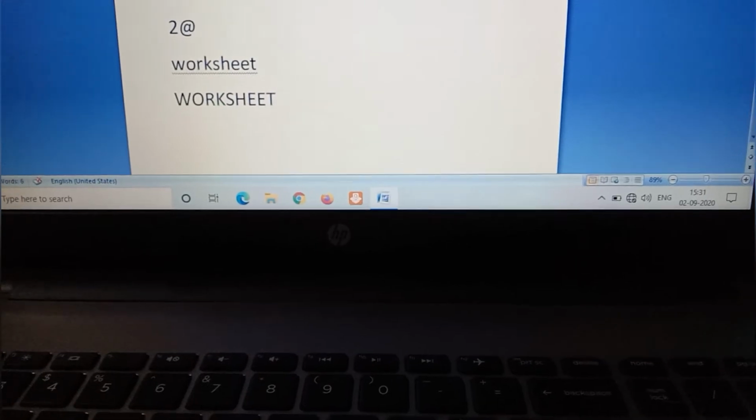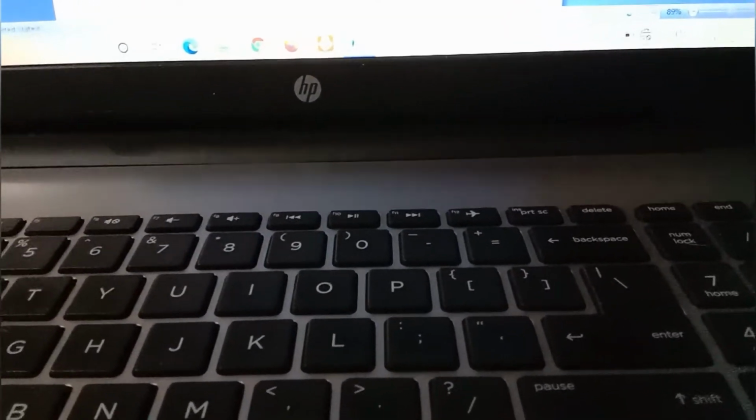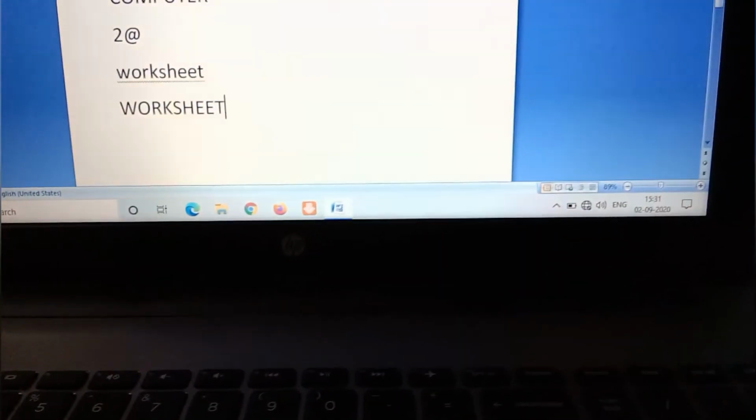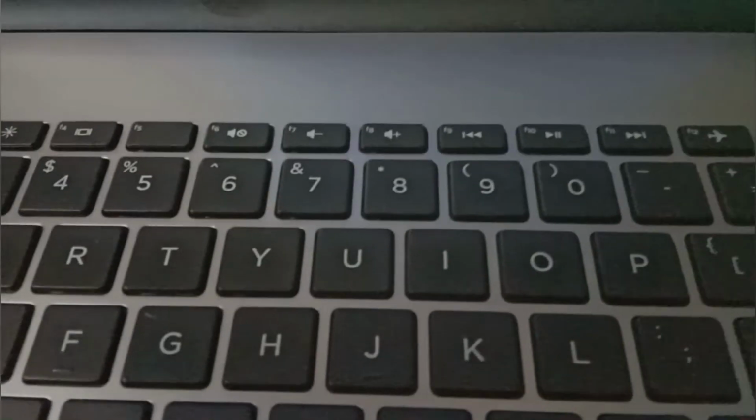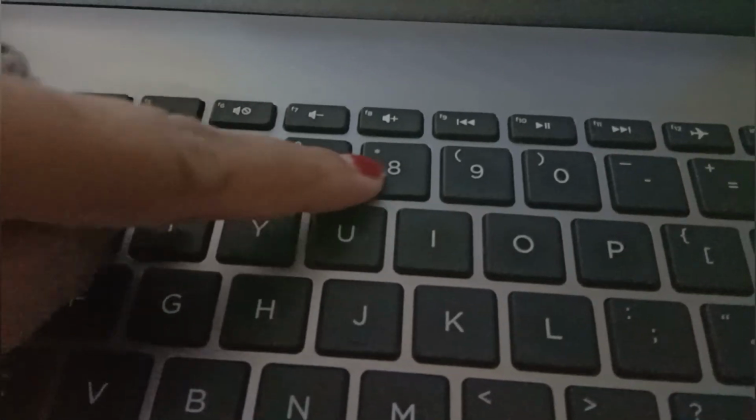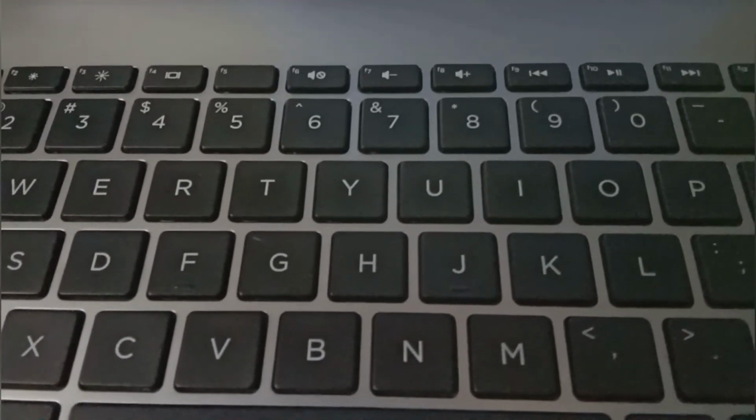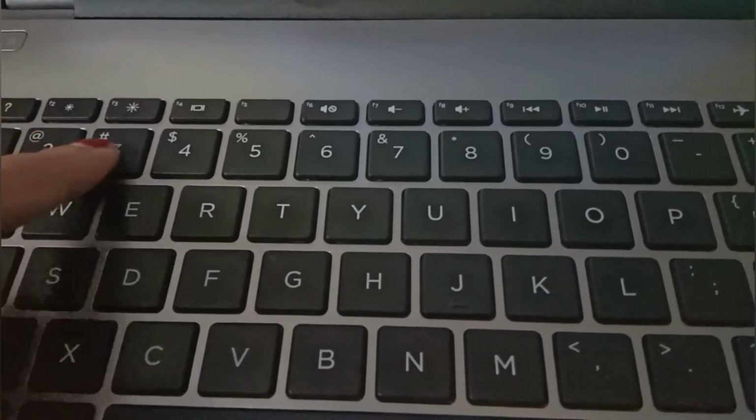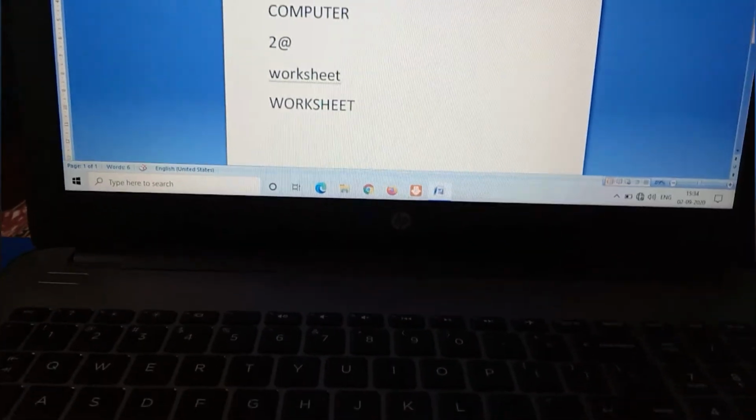And also we are not going to use the caps lock key anymore, because we can write the capital letters by using the shift key. So it is very important to remember which key we can use to write capital letters if the caps lock key is not active on your keyboard. Your answer will be the shift key. We also use the shift key to type the symbols you can see on each of the alphabet keys or number keys.